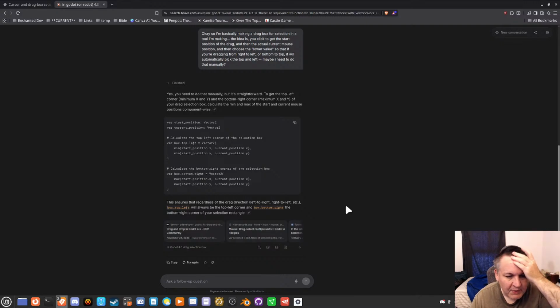I probably don't need the bottom right, just the size, for which I do ABS, but that should be component-wise as well, correct?